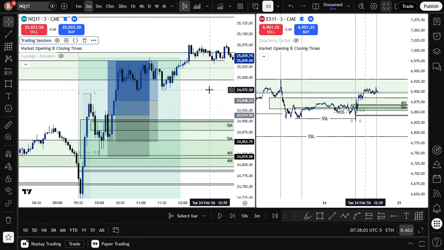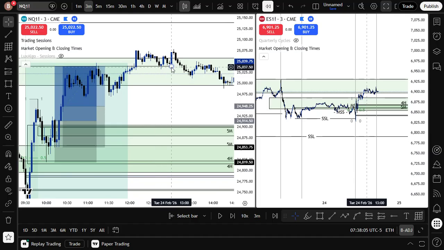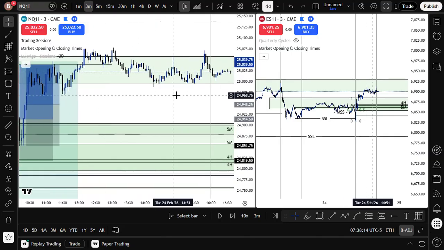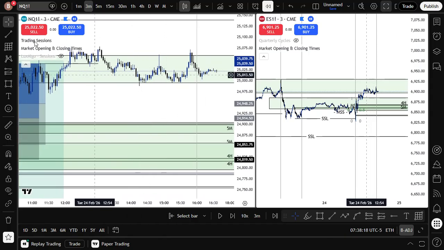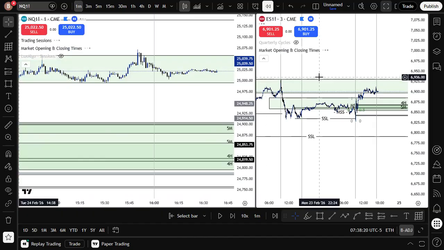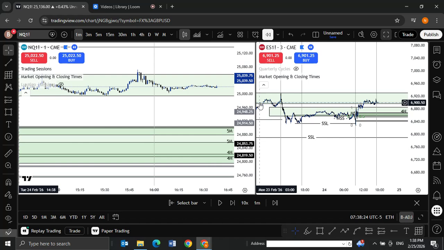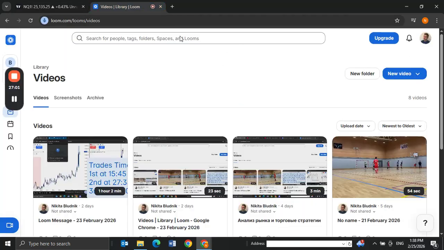I wouldn't trade more because, as I told, I would expect price to accumulate after reaching this drawn liquidity, the buy side liquidity inside of the daily fair value gap. So that's exactly what happened for the whole day until the closure of the market. So yes, that's pretty much it. Okay, that would be a good trading session, trading day. Okay, I'm turning off the